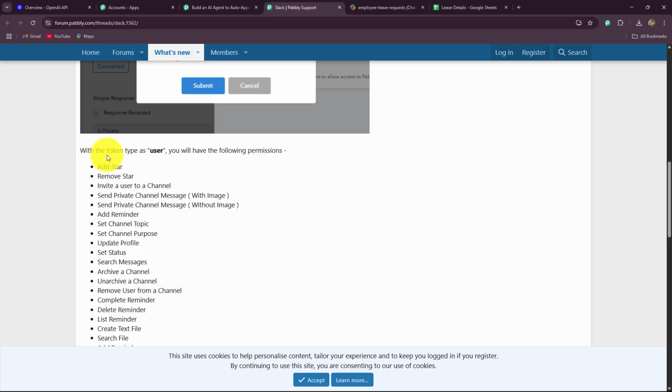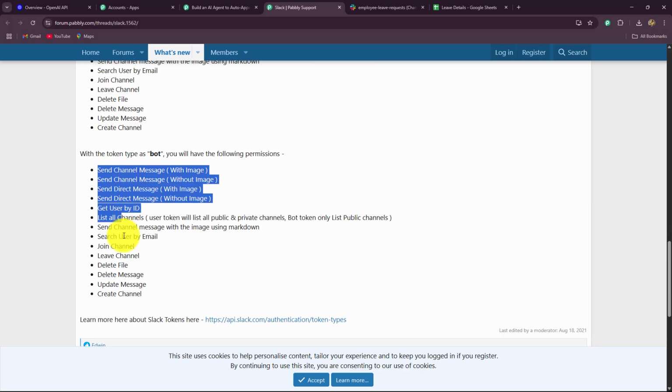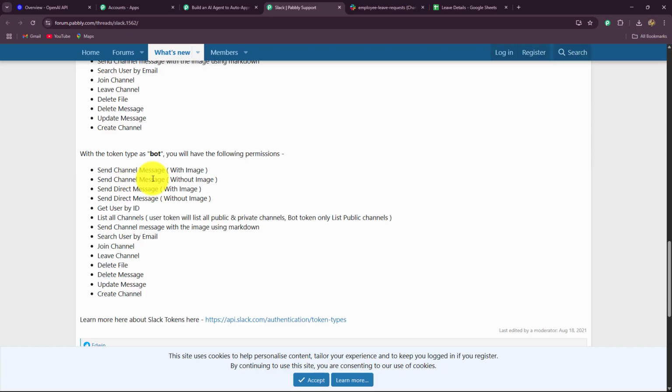It is saying that with the token type as user, you can perform the following functions. You can add a star, remove a star, invite a user to a channel, send private channel message with or without image, add reminder, set channel topic, set status, search messages, etc. But if you want to perform functions such as send channel message with or without image, send direct messages, get user by ID, list all channels, search user by email, join channel, etc., then you have to use bot